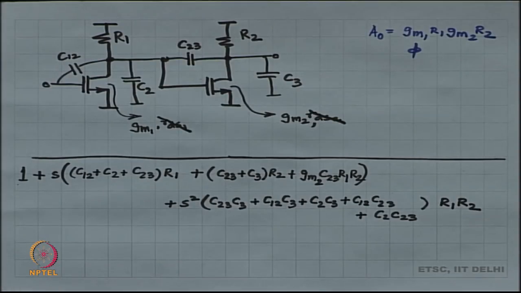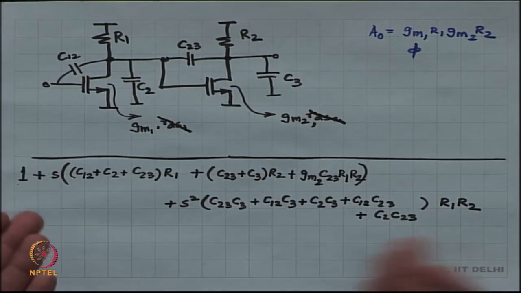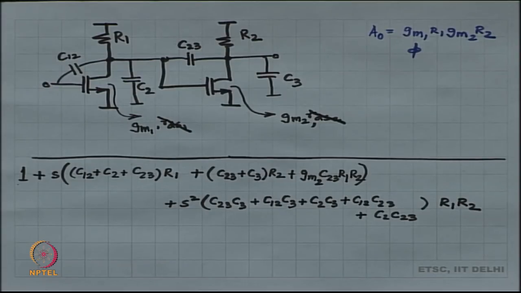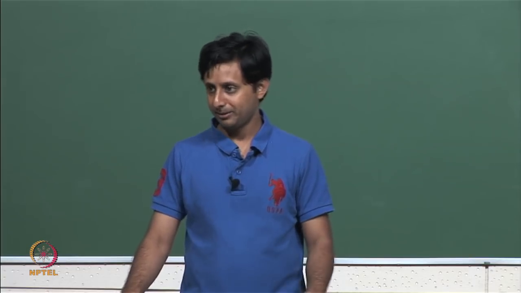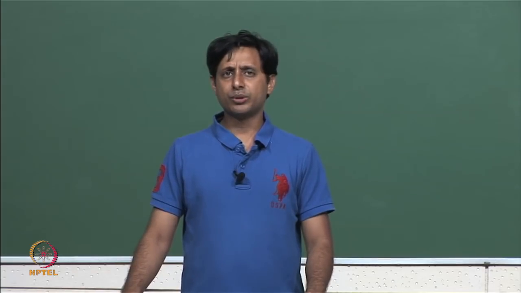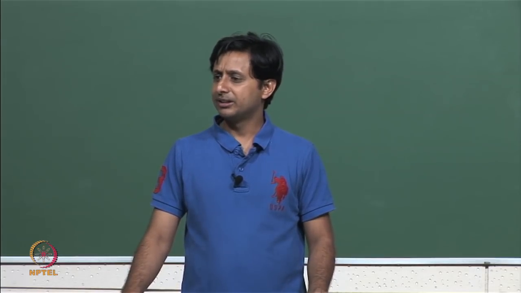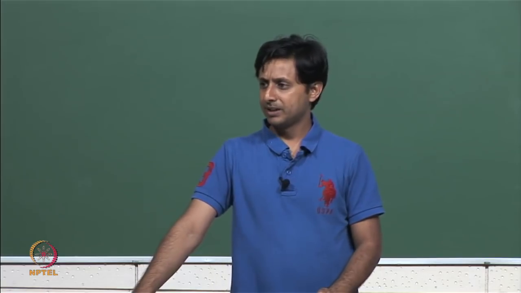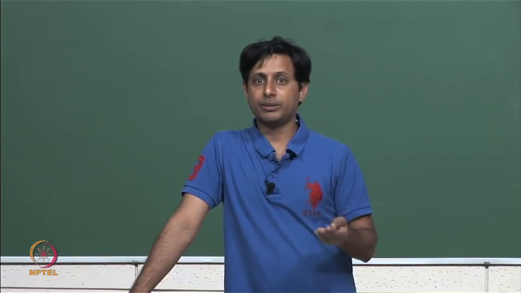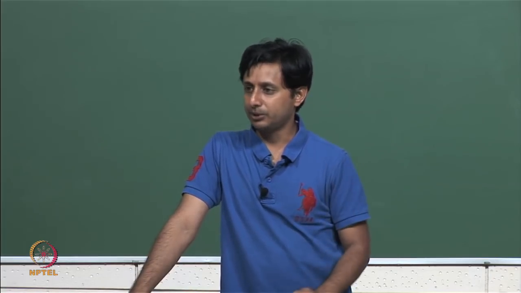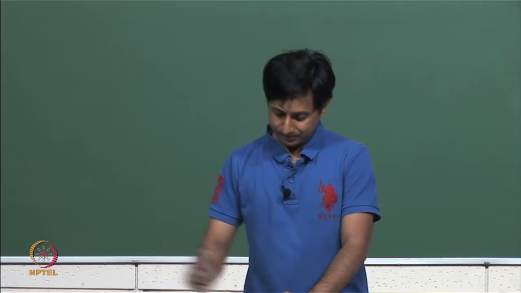And in this expression, therefore, right, one possibility would be to factorize this somehow using your quadratic solutions, right, minus b plus minus square root of b squared minus 4ac by 2a. You can do all of that, but doing all of that is not going to be worth your time. Okay. Much easier understanding would be that omega 2 by omega 1 is already a large number, which basically means that if